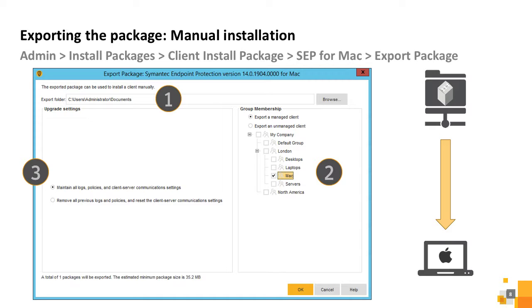The Mac client installation packages automatically export in a zip archive file format. Copy the package in zip format from a network share or the SEPM. To correctly preserve the file permissions, expand the archive file with a native archive program, such as the Mac Archive